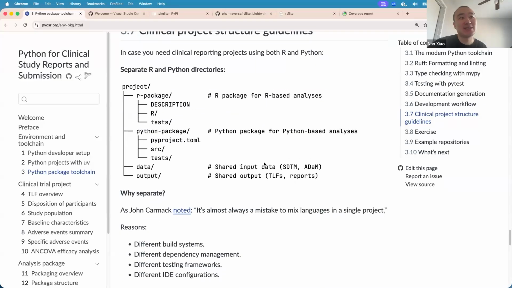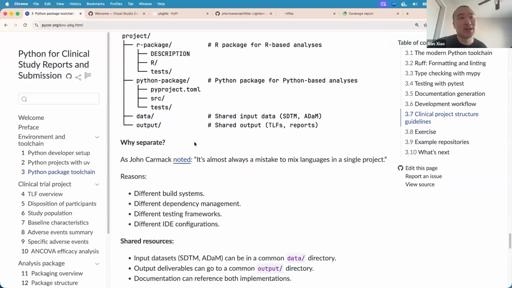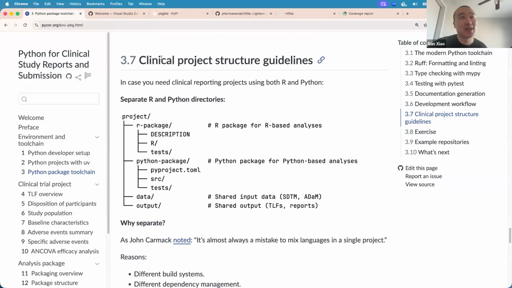And then you can have a relatively standard project for your package. Since many people ask this, I have to clarify: it's probably a very, very bad idea to mix an R project, R package, with a Python package in the same directory.